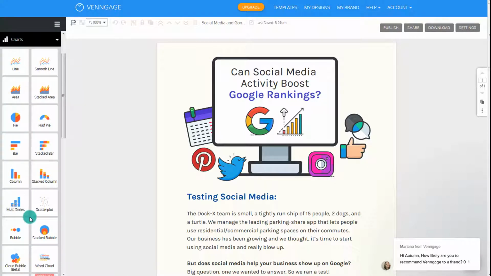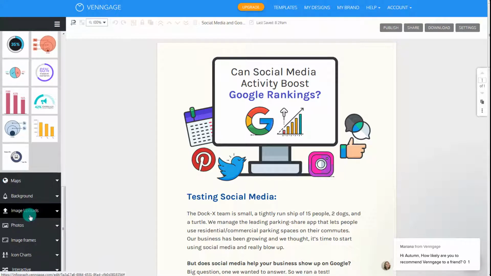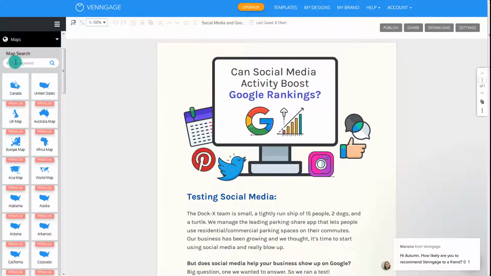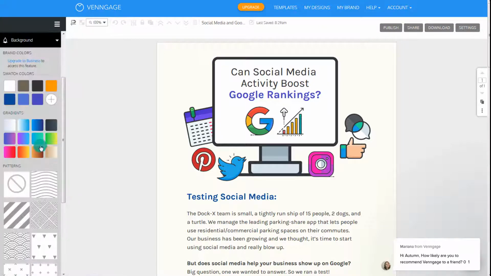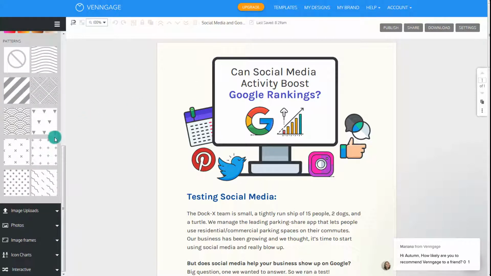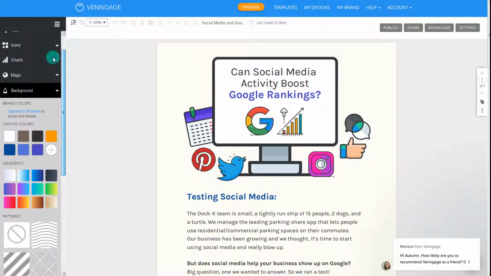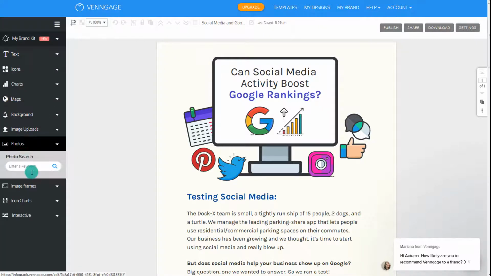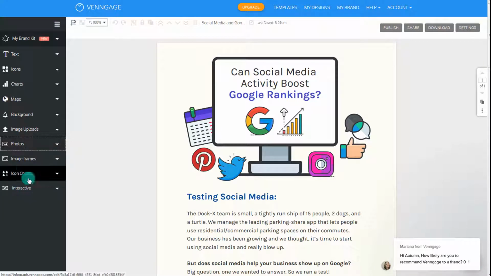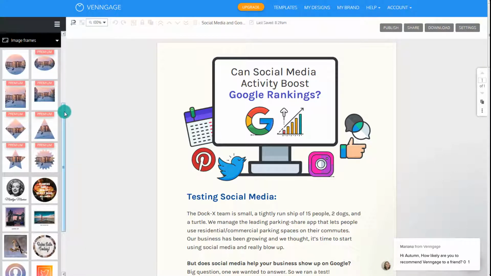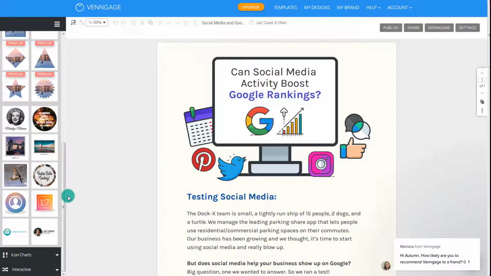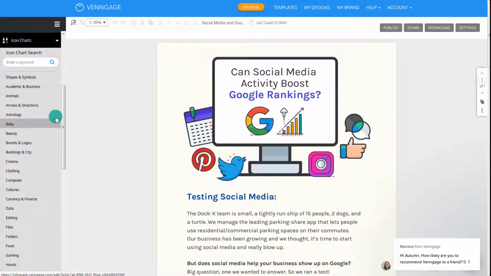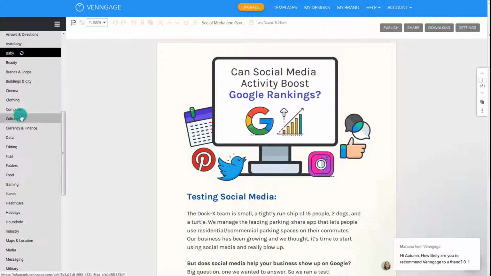We also have charts that you can pull in and use. So if you want to put in your data there, it'll display it in a chart format. Maps that you can pick from. Backgrounds, if you don't like the background that's on your template, you can come and change the different backgrounds. You can upload your own images. You can photo search within Venngage. You can add frames to your icons. And you can do chart icons if you want to as well,